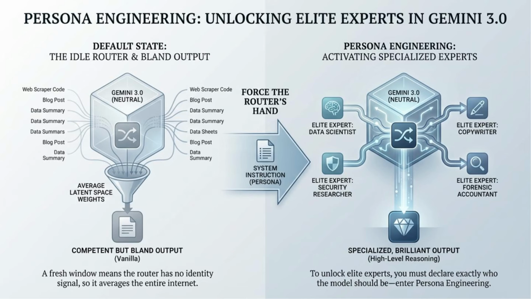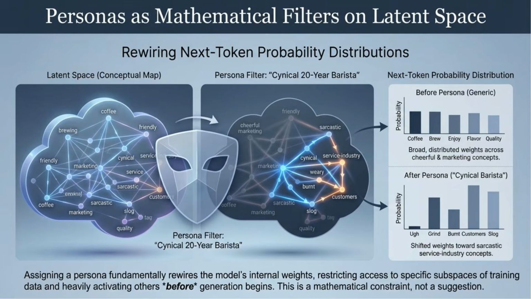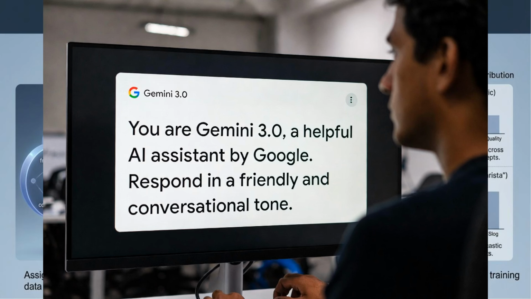Part 2. The science of persona conditioning. Why does telling an AI, "You are an expert software engineer," actually change the output? It sounds like magic, or worse, superstition. It's actually math. Think of the large language model as a massive, multi-dimensional map of concepts, what we call the latent space. In this space, the concept of coding is close to Python, which is close to errors, which is close to Stack Overflow. When you define a persona, you are applying a massive filter to the probabilistic distribution of